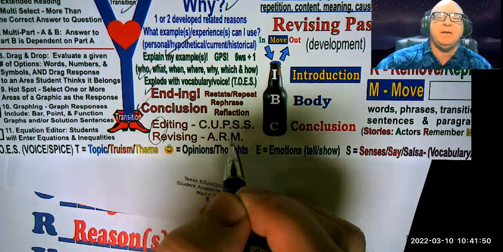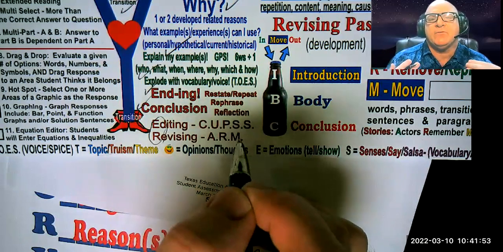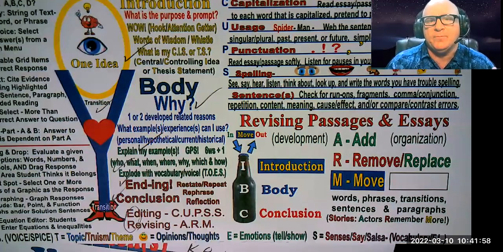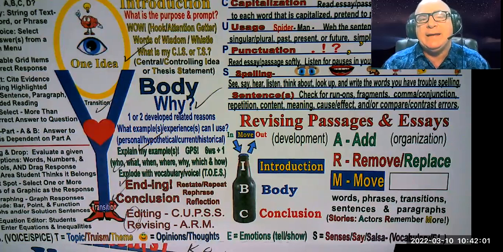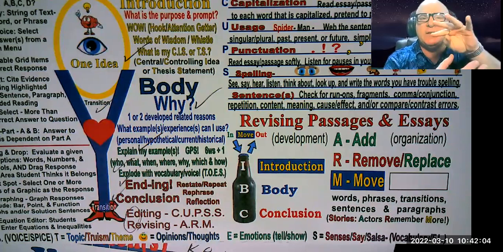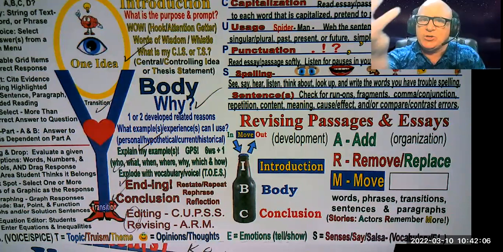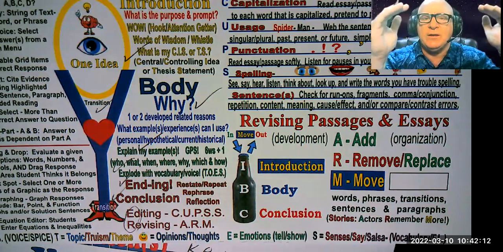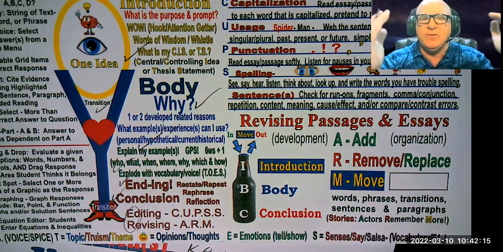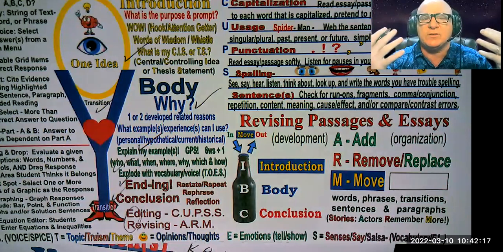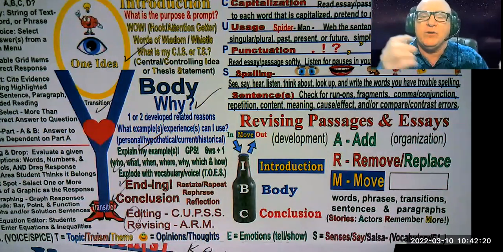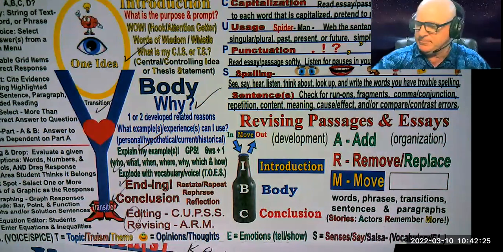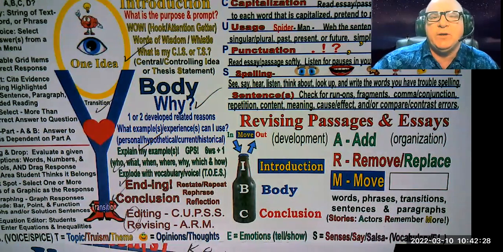Another moving idea might be, let's say that their first reason is kind of blah, it's kind of boring. And the second reason is more bling and it's even more developed. Then you might say, you know what, on your final draft, switch your second and first reasons around, so that the first thing the reader reads is the reason that's more developed or possibly has more voice. And that way they're already thinking 3, 4 on the paper instead of 1, 2 or 2, 3, because they're reading between